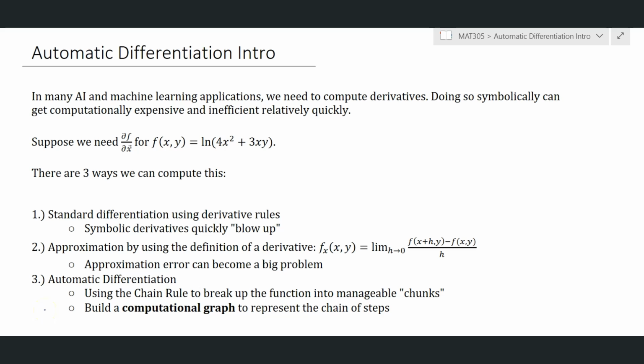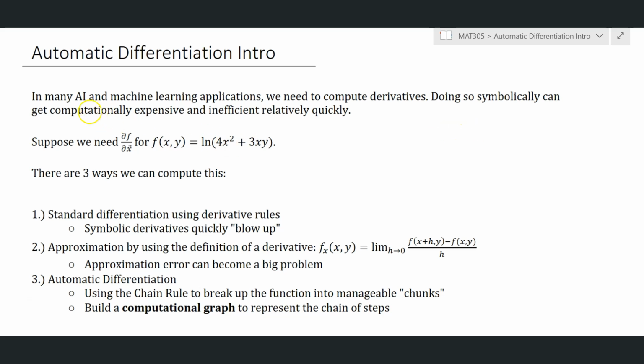We're pretty used to taking derivatives of functions, and that's a good thing because in a lot of artificial intelligence and machine learning applications, such as deep learning, require something called gradient descent, and in that process, we need to compute derivatives. Now, we know we can do derivatives pretty quickly, but symbolically, the computations of derivatives can, in certain instances, get pretty complex. And more so, the derivatives just get really arithmetically large, and it's highly inefficient to take